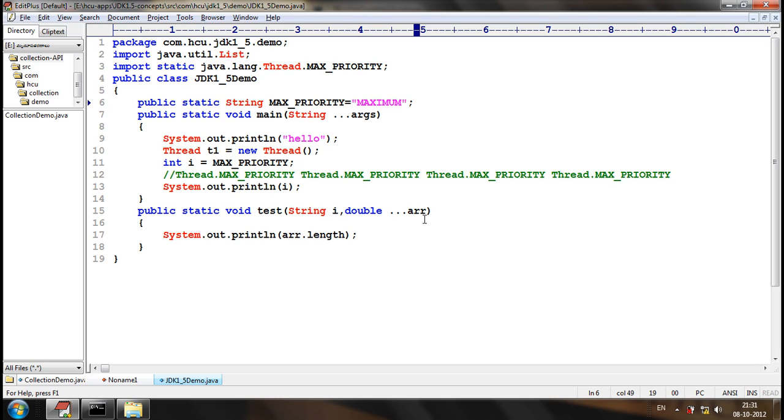String. So, what I told first, we give preference to the current class members. So, it will go for this. Now, MAX_PRIORITY is considered as a String. We are assigning a String to an integer. This will be a compiler error. Understood? So, we should avoid such naming conflicts between the static imports and the variables of the current class. That's what we told.